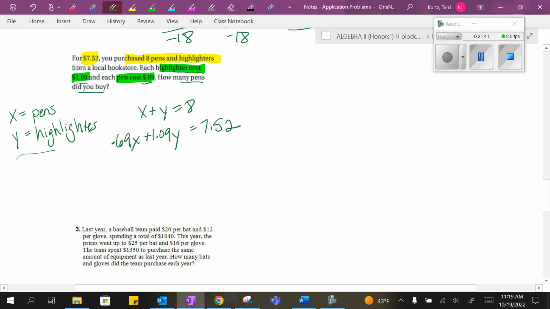Okay. So now, again, let's just kind of alternate. Let's use substitution for this one. So now I'm going to solve for y. I could have used elimination. That would have been fine too, but I'm just trying to show you both methods. I'm going to subtract that x over. I get y equals 8 minus x. Now I'm going to substitute 8 minus x when I see a y. So first I'm going to say 0.69x plus 1.09 times 8 minus x,